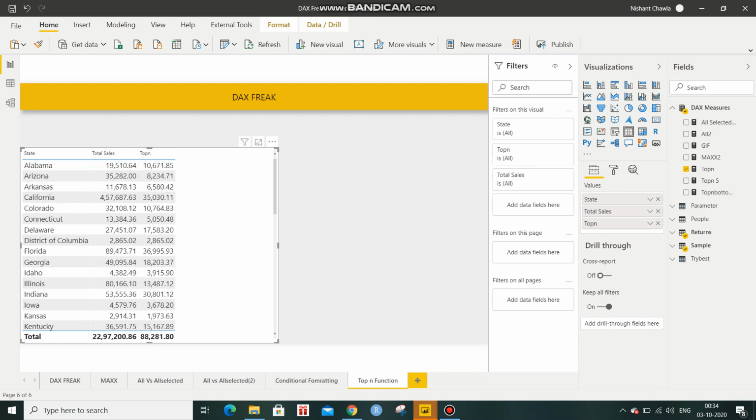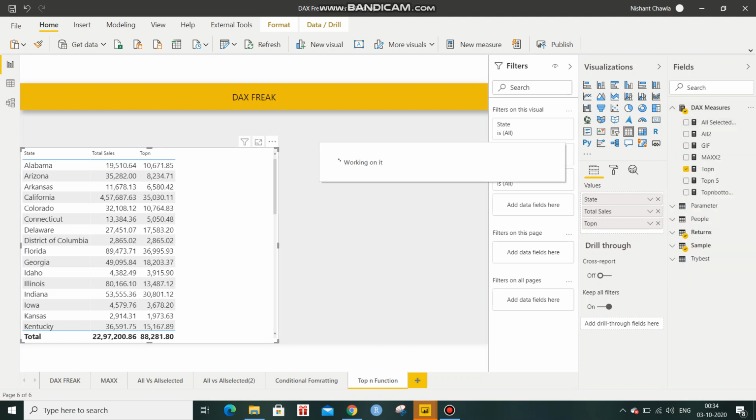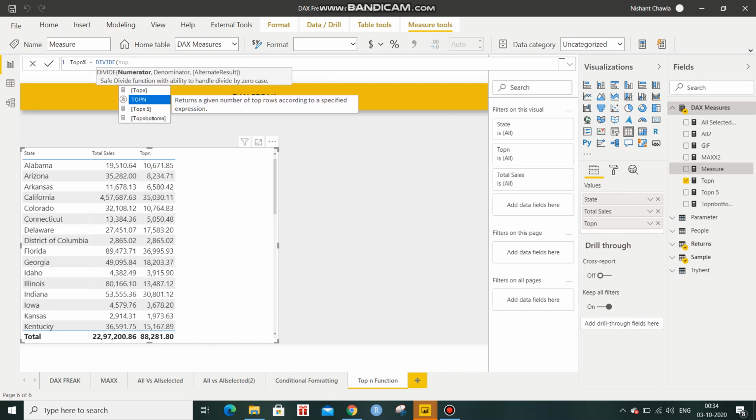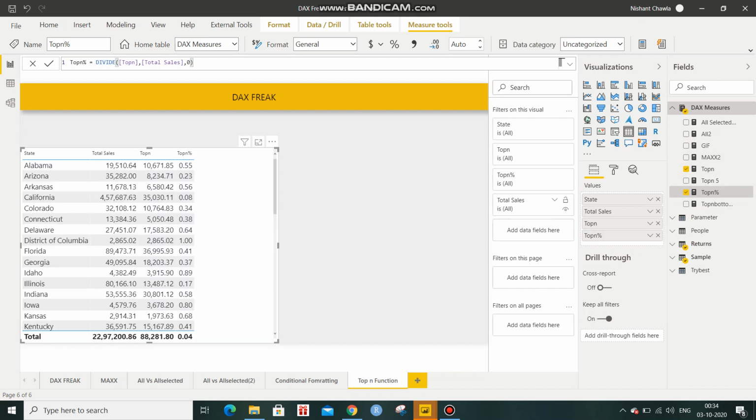Now somebody would want to further elaborate this and create another measure where we can see the percentage of the top N. So I'll use a divide function here, dividing my TOPN by total sales, and give me 0 if there's no return. I'll drag this as well and convert it into a percentage.